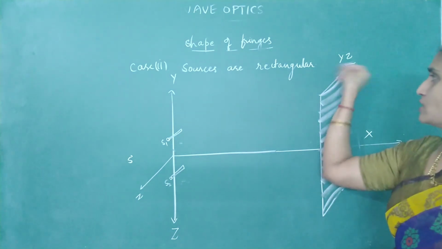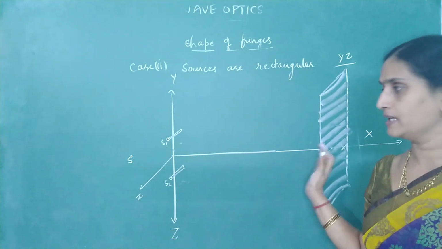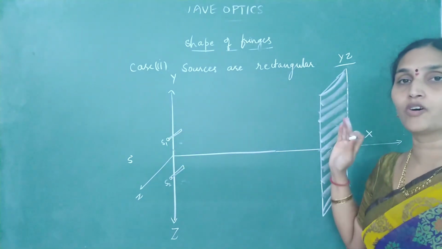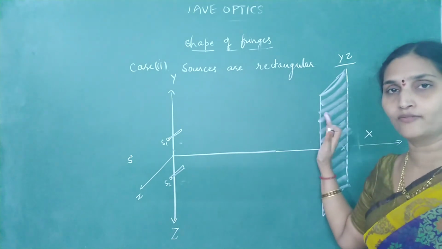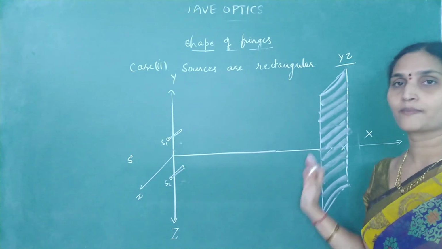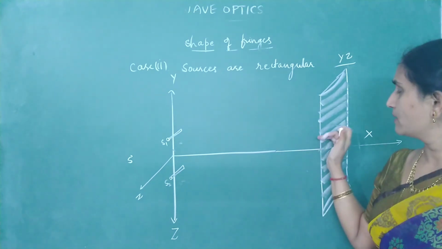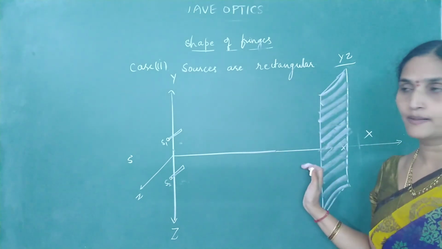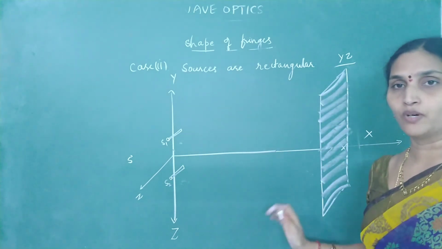But this is the case in which plane? That is the YZ plane. So if these are the two sources, then for the nature of fringes that we get on the screen, we have to place the screen only in the YZ plane to get the interference pattern. So what is the shape of fringes? It will be straight lines, but just mention that as you go for very high orders, they become hyperbolic. So this is all about the shape of fringes.